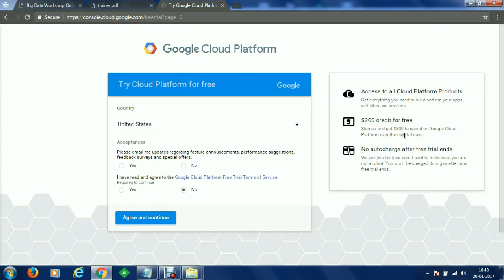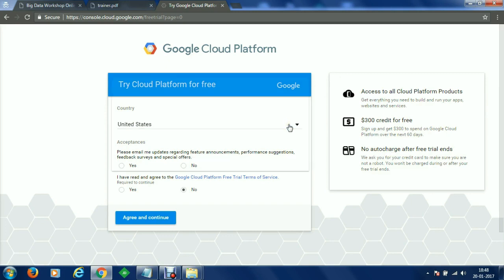We can use this Google Cloud Platform freely for next 60 days. No auto charge after free trial ends, so you can provide your credit card information or a debit card information and you can get started with Google Cloud Platform. In order to get started, hopefully they will cut either 2 rupee from your account or $1.